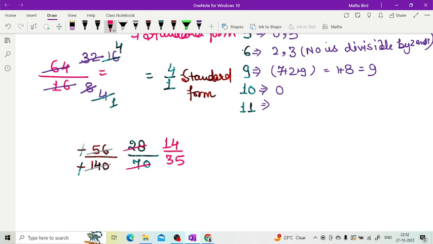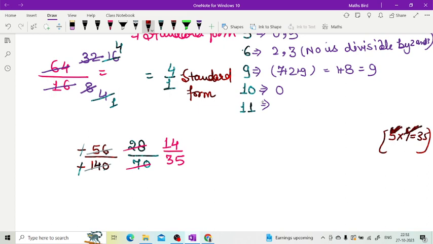Now think about a number by which 14 and 35 can be divisible. Is there any number by which 14 and 35 are divisible? Think. See, suppose you don't know what the number is, then one thing you can do is write the factors. See 35. 35 is divisible by 5, because according to the divisibility rule of 5, if at the unit place 0 or 5 is there, it will be divisible by 5. So just think, 5 sevens are 35. That means 35 is divisible by 5, and 35 is also divisible by 7.